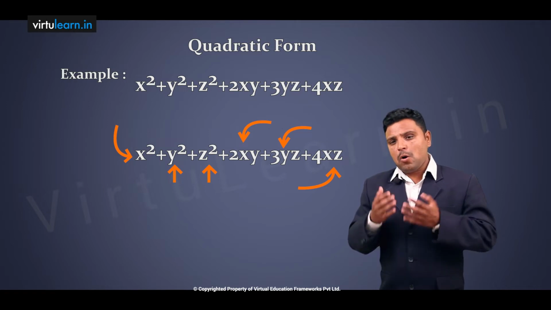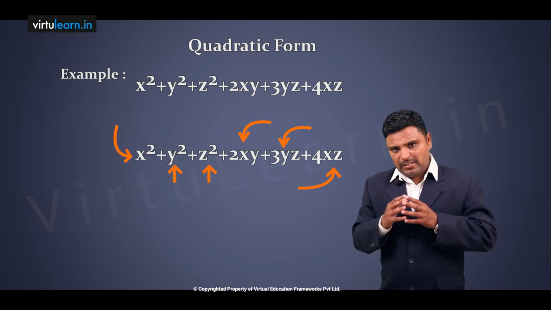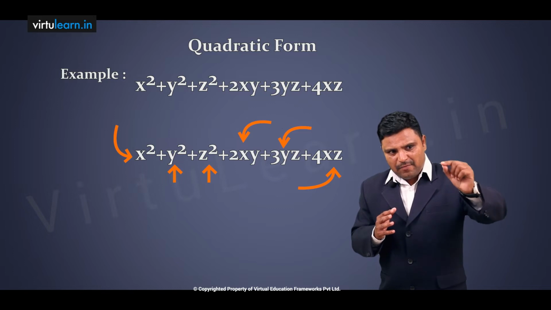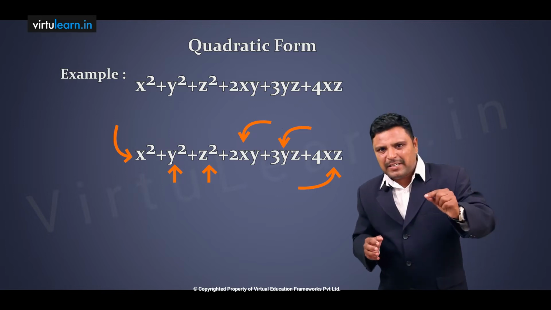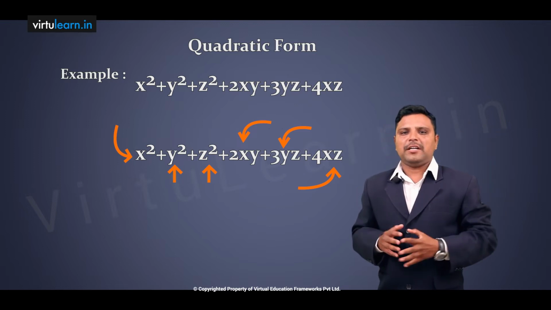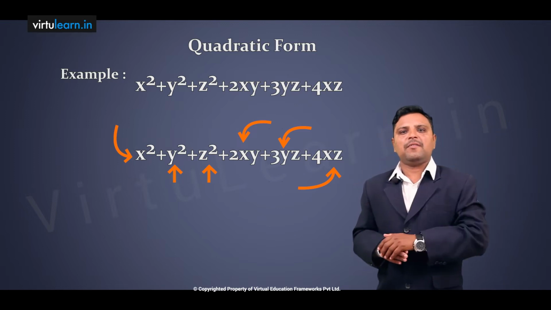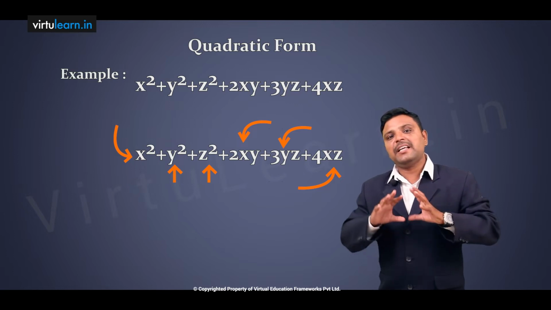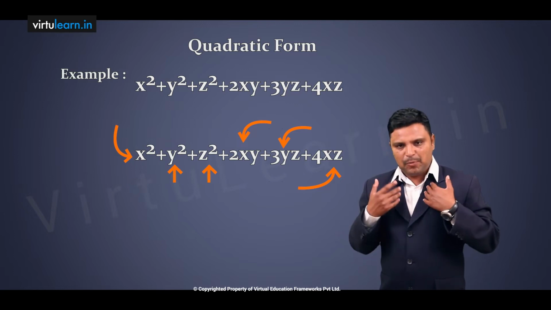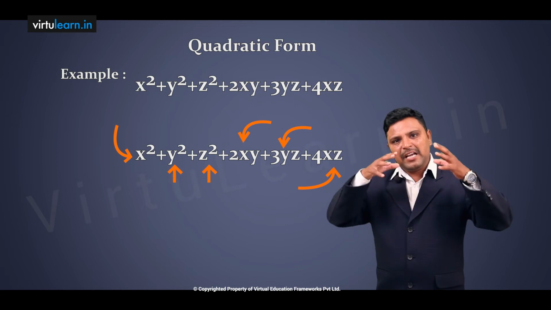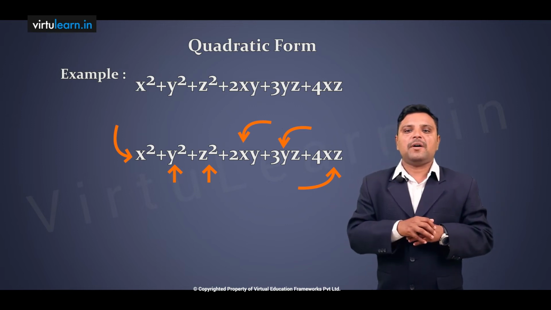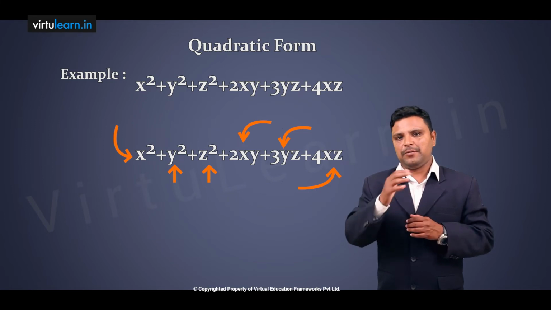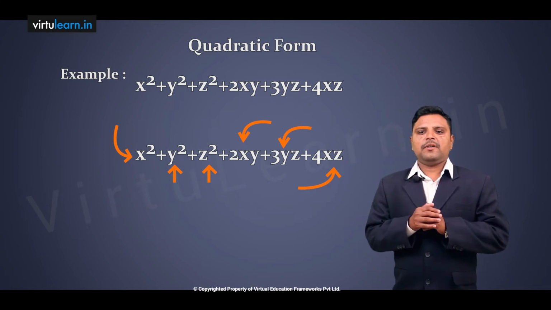Then how to convert? This is very, very important. From every quadratic form we are writing one real symmetric matrix, and from that real symmetric matrix we are writing quadratic form. If you have a quadratic form, then from that quadratic form we can create a real symmetric matrix. Suppose they have given one real symmetric matrix, using that we can construct quadratic form. How to construct, I will explain you. From every quadratic form we can construct a real symmetric matrix.